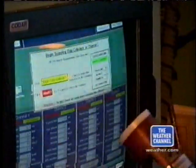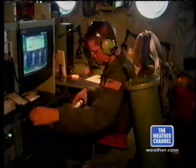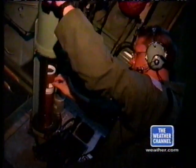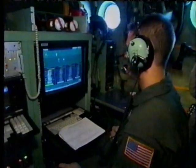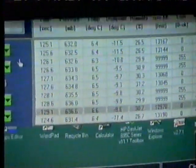It's in these tough conditions that the hunters begin gathering weather data with high-tech instruments. A weather tube, called a dropsonde, is dropped from the back of the plane. A parachute allows it to float to the water's surface, all the while gathering valuable information. Sonde's away. The dropsonde transmits to the hunters precise wind